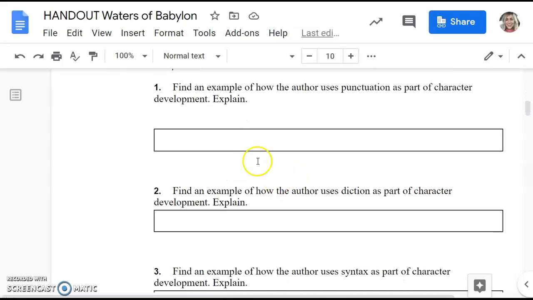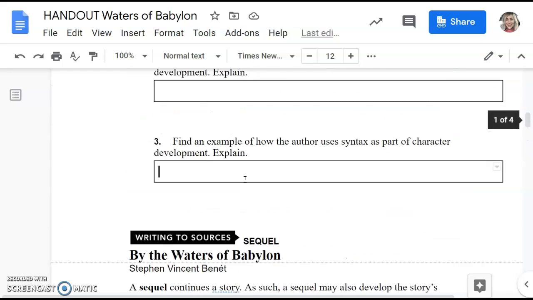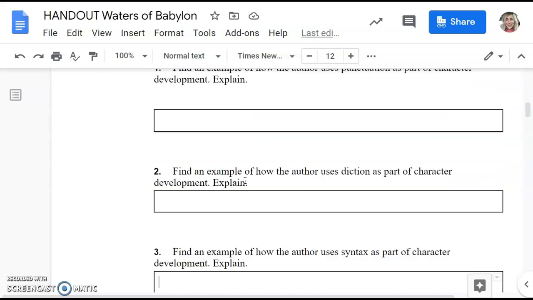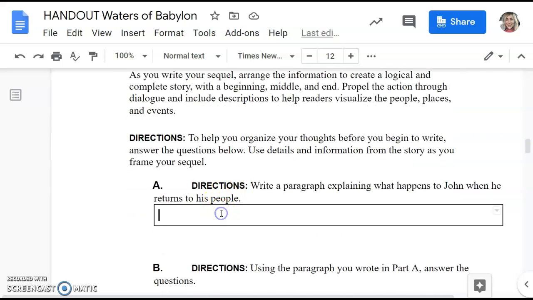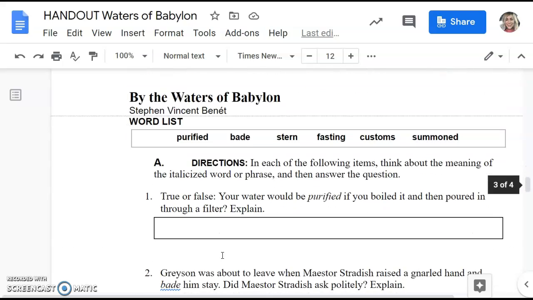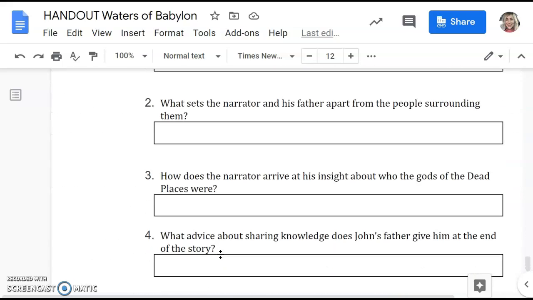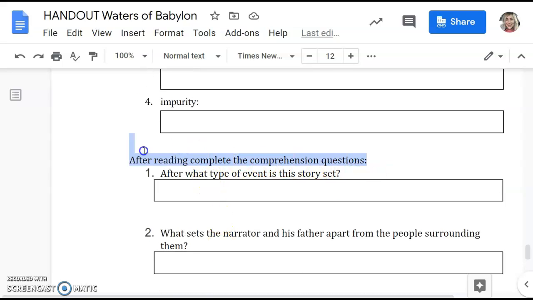And then you're able to answer in the boxes what your answers are. And there are multiple sections here. So as you can see, this first one is based on a paragraph. There's some character development questions to answer. Then this one, you actually write a sequel. So you have to have read the story to be able to write a sequel. You get to creatively write a paragraph here and then imagine where that story goes from there. Then there is a vocabulary section using the same 6 words you used before. And then the last section is the comprehension question section.